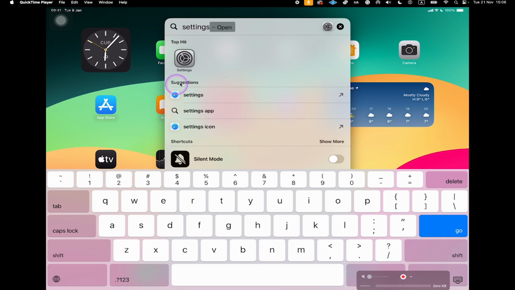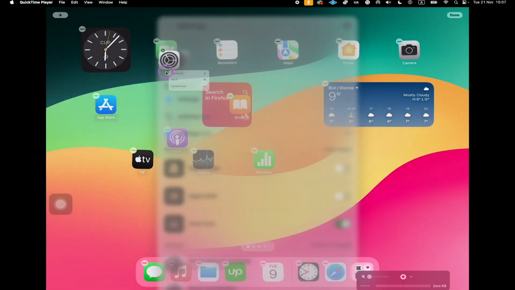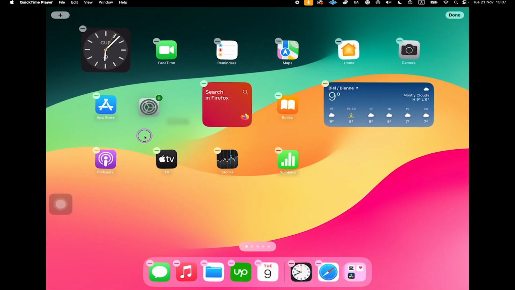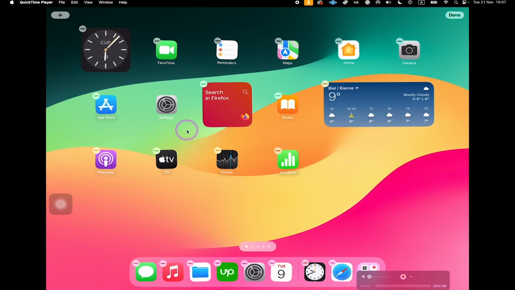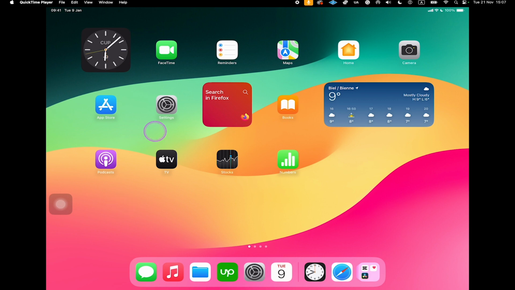From here, you can directly access the features by tapping on it, or if you would like to add it back to your home screen, you can also just long press on it and then drag it back to the home screen. Just like that. And then once again, to stop these icons from shaking, just tap somewhere in the empty area of your iPad. And just like that, we brought back the settings app back to our home screen here on the